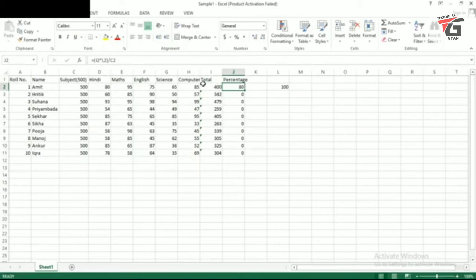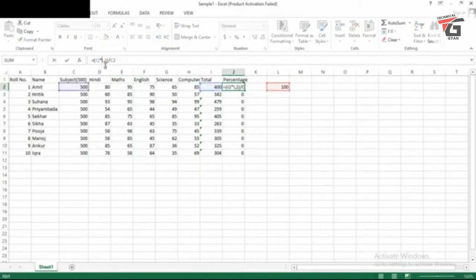So we can use both. In the same formula we can use the relative cell referencing and the new type of referencing that is known as absolute cell referencing. Where the relative and absolute cell referencing are used together, it becomes mixed referencing. So in this example we can have all three types of cell references: one is the relative cell reference, second is the absolute cell reference, and the third is the mixed cell reference.